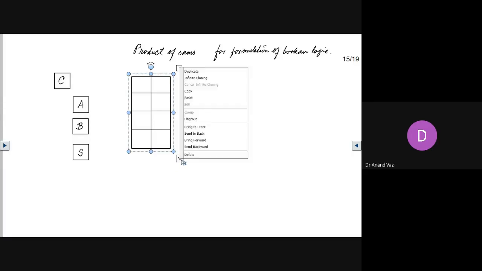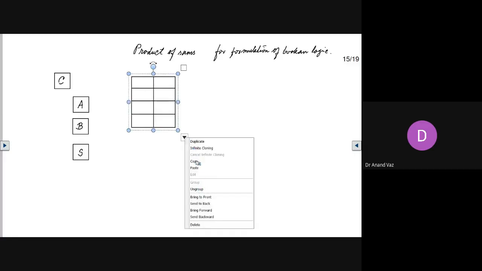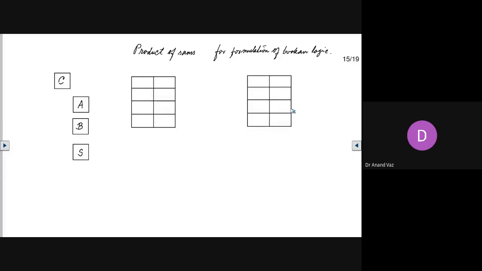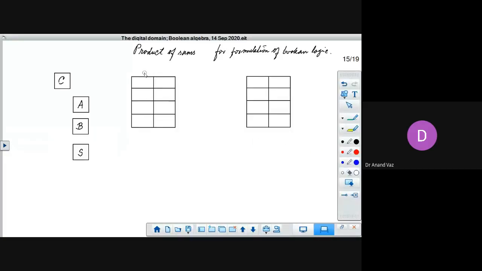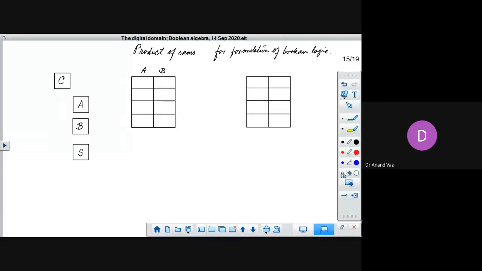Here we have the various possibilities for A and for B, and accordingly, depending upon these, we will have the output.